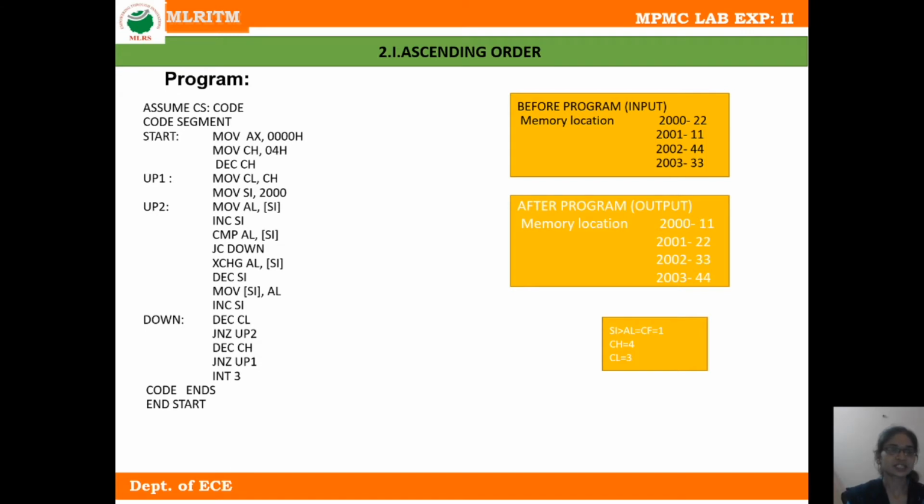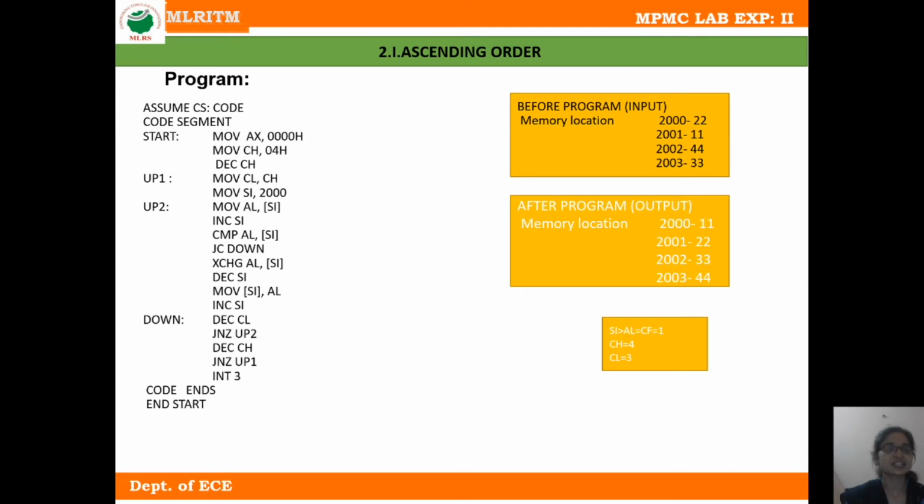The next instruction is CMP AL, [SI]. Through this instruction, the content of AL, which is actually the content of location 2000, is compared with the content of memory location 2001. The next instruction is JC down.